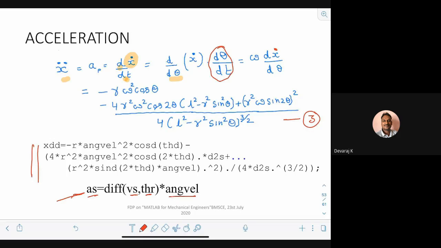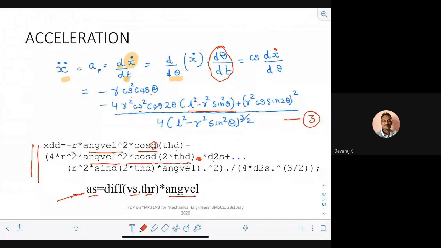So just look at this part here. Minus r omega square cos theta, minus r angular velocity square cos in degrees. Okay. It depends whether you would like to do it in degrees or radians. D stands for degrees combination. You have to be careful. If you oversight, you forget to write cosd, and you put theta in degrees, your answers will be a junk value. Okay. Minus 4r square omega square cos 2 theta. Now it has become a vector, and you are multiplying it by another vector because this is sin square theta is a vector. It has a value of sin theta for every 5 degree. Therefore, a dot operator here